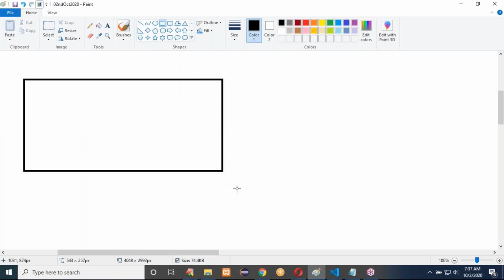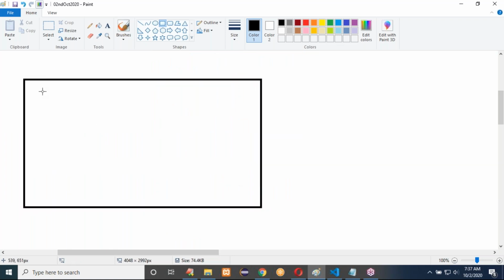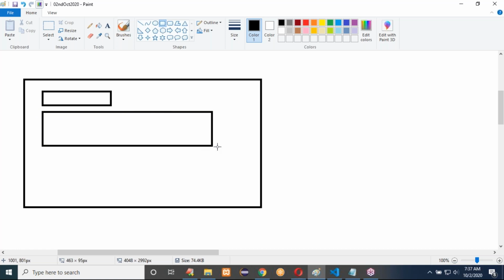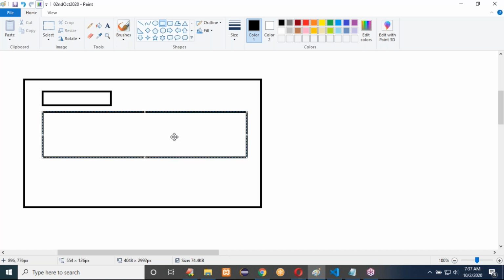Inside the screen, write a heading and one paragraph related to COVID. Wherever the word COVID appears in the paragraph, it should be in red color, the content, not the border. All those words should be in red color.